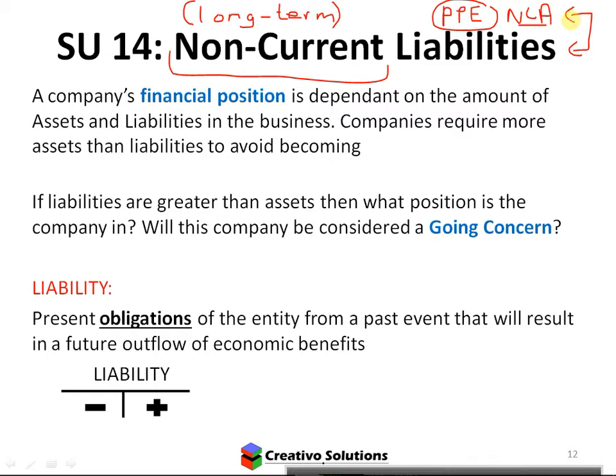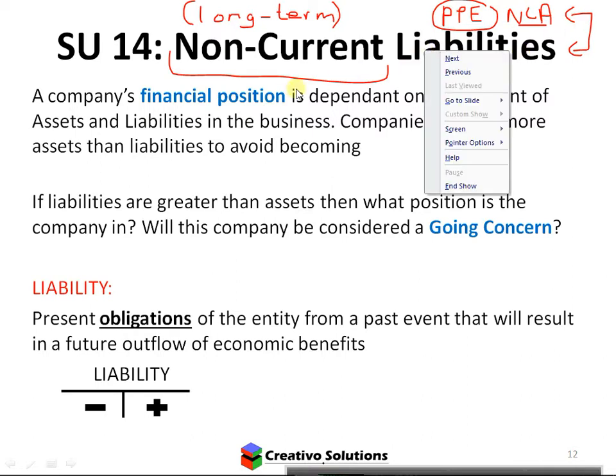Okay, you're not going to use a bank overdraft to buy a house. You're not going to use a credit card to buy a car. Some people do that. Why shouldn't they do that, though? Because they don't have the money to pay off. Besides that, what sort of rate will you pay on the credit card? Extremely high. A lot higher than monthly vehicle and asset finance. Okay, so non-current is long-term financing, long-term assets.